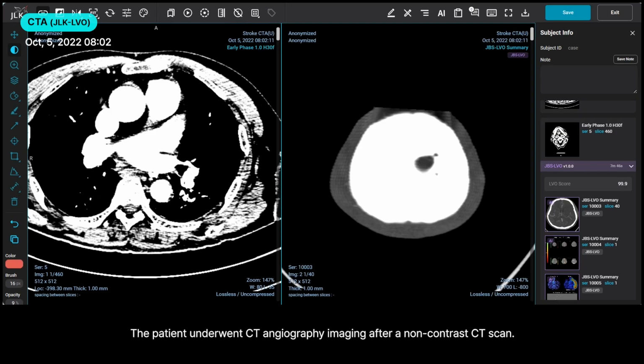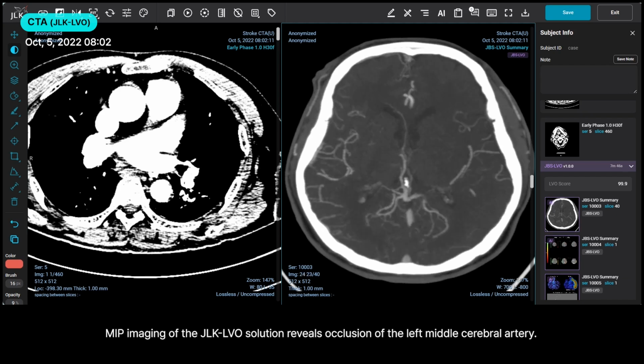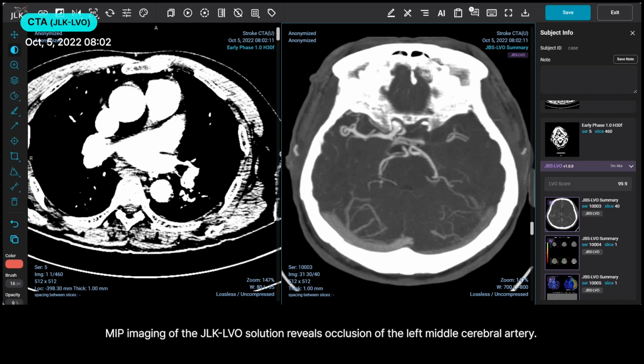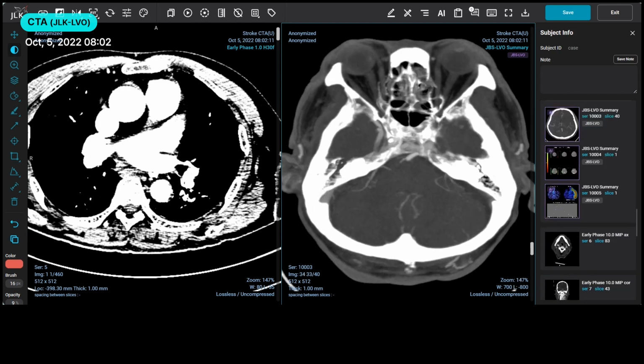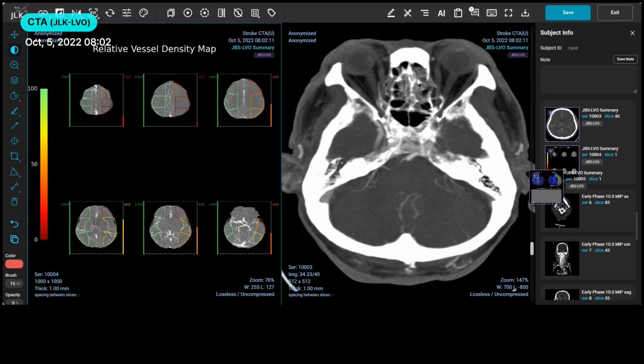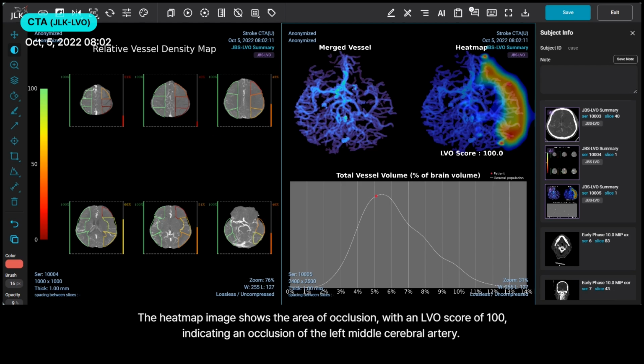The patient underwent CT angiography imaging after a non-contrast CT scan. MIP imaging of the JLK-LVO solution reveals occlusion of the left middle cerebral artery. If you check the relative vessel density map, you can see that the vessels on the left are less dense. The heat map image shows the area of occlusion, with an LVO score of 100, indicating an occlusion of the